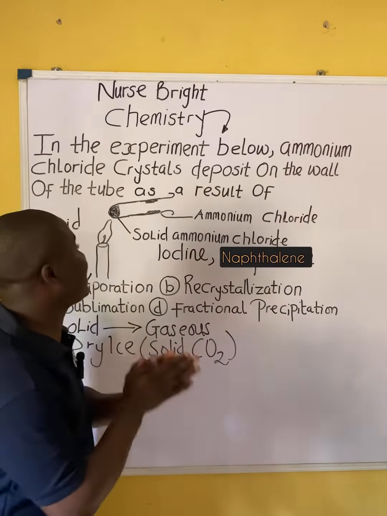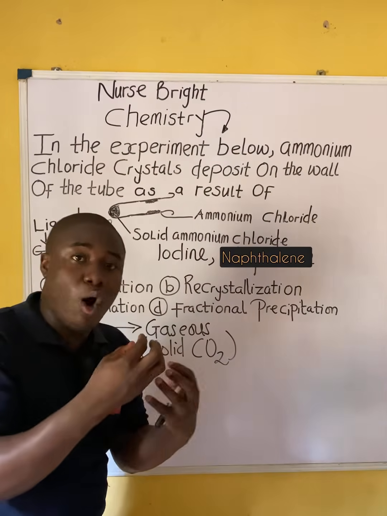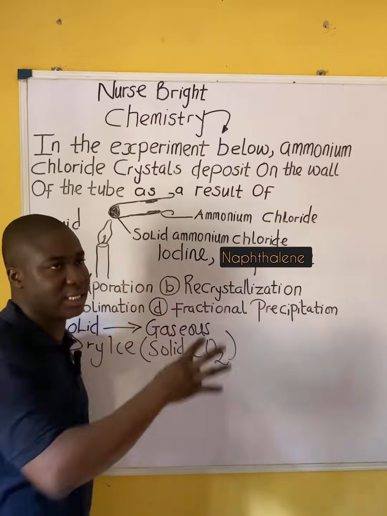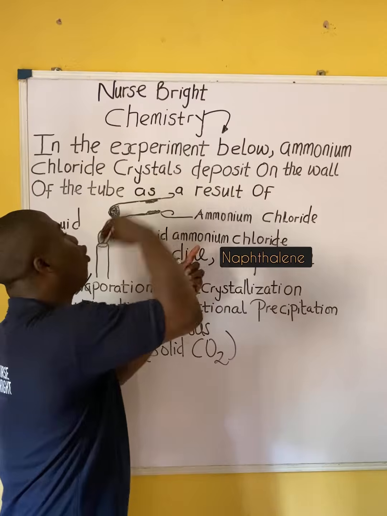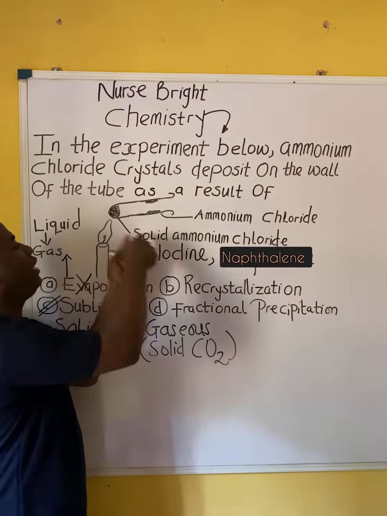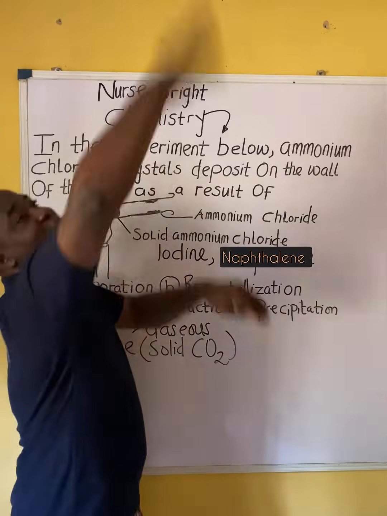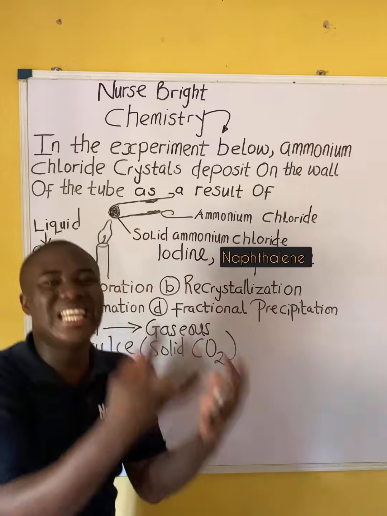So basically what is happening here is that as soon as heat is applied, the particles that make up this solid ammonium chloride break to form this deposit, and it can also be cooled. Do you understand? It can also be cooled to form back the solid ammonium chloride. All of these deposits that change into a gas can also be cooled to form back the initial